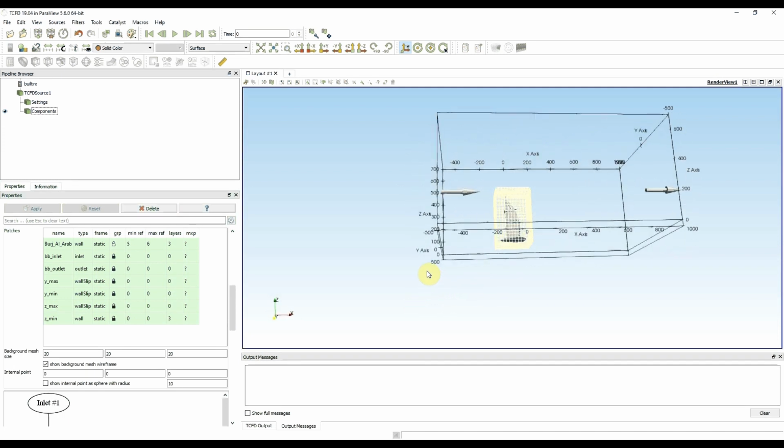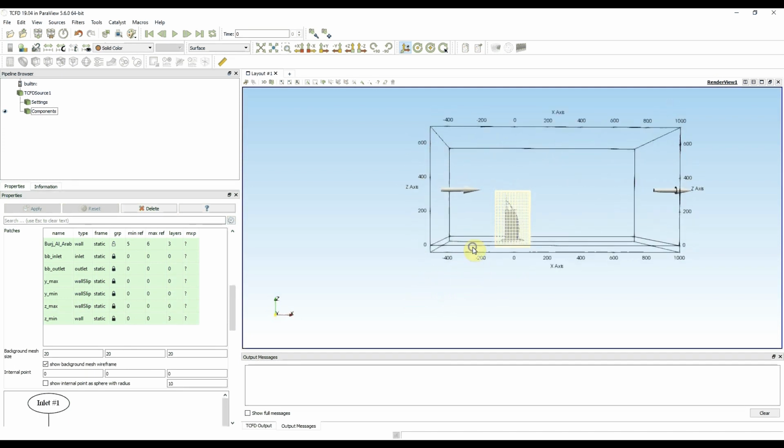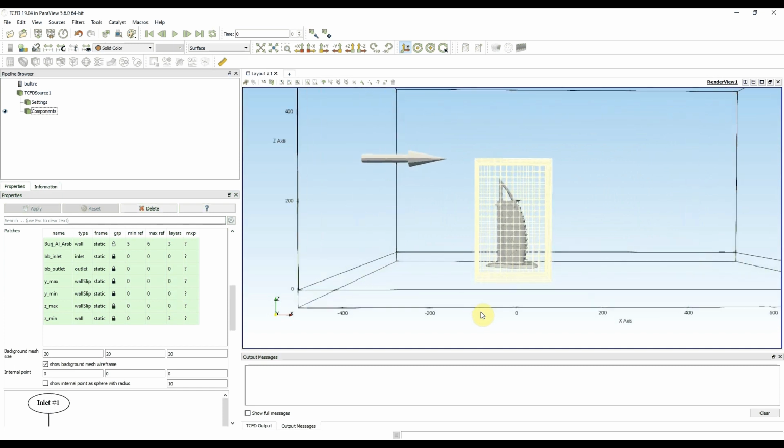From this perspective, it's quite rough, but on the building it will be refined. And also we have boundary layers there. Then I need to select internal point, and I can show it